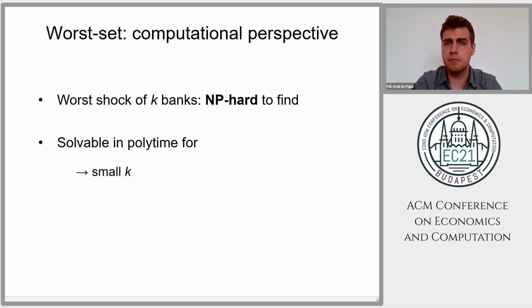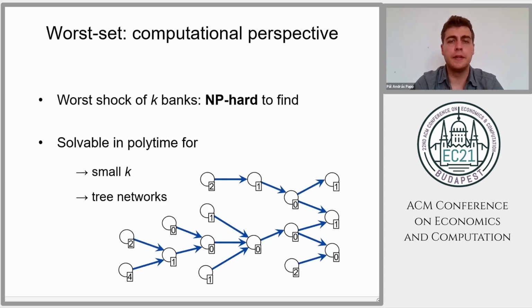And of course, there are some examples where this is easier in practice. For example, if we consider a small K, so we only consider shocks up to a small constant size, then there are only n-choose-k possibilities for how this can hit the network, which is polynomial for a constant k. And another example is tree networks, where essentially by going topologically, a dynamic programming algorithm can compute the worst shock